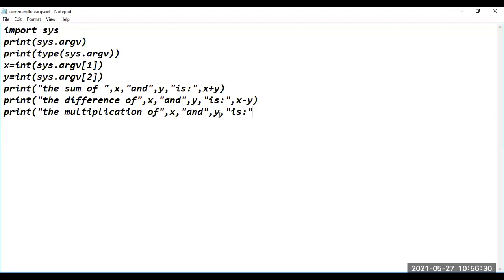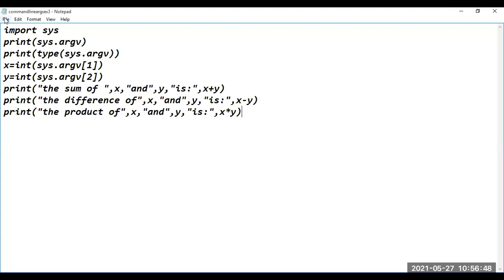You can give some meaningful information. So product of x and y is, comma, and what we have to specify is x into y.